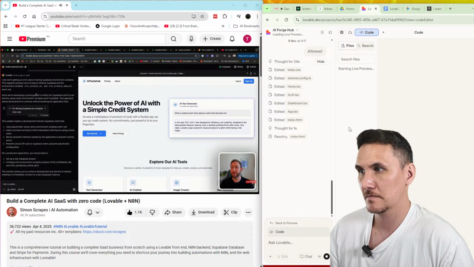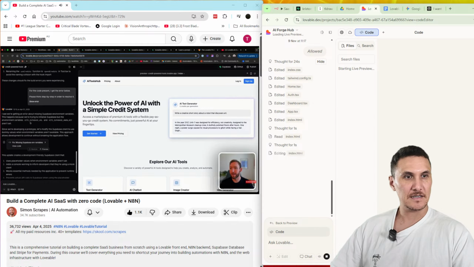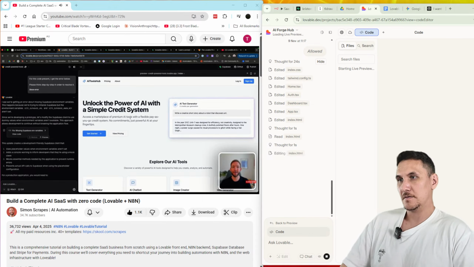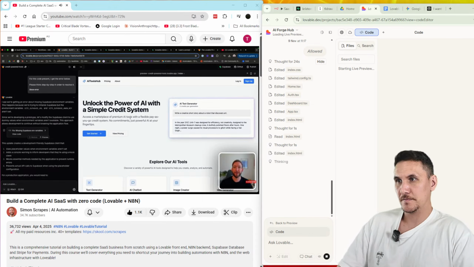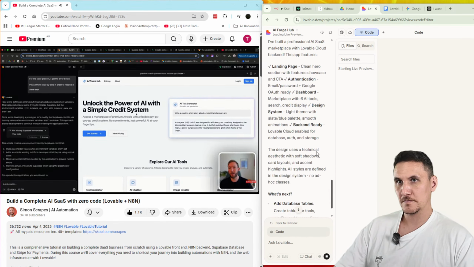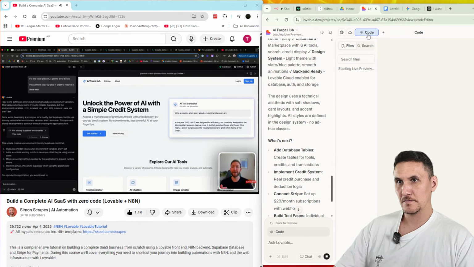So let's go back to Loveable now, and it's actually identified the error for us and started a fix on that, and actually now output our first view on what our marketplace SaaS would look like. And it's not bad for a first go. We'd obviously prompt this to improve the UI, change the marketing copy, etc. We've got "Unlock the power of AI with a simple credit system." So not really selling the value there, but